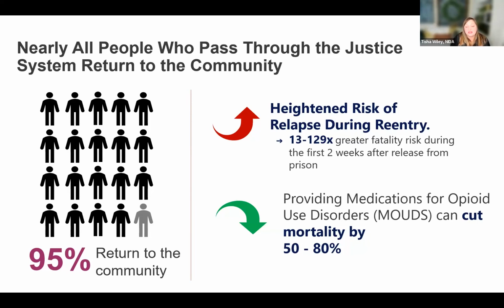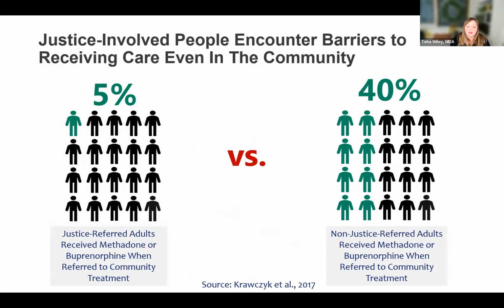And so we know this is a very vulnerable time, but we've also learned from research that we've funded in the last few years that providing medications for opioid use disorder during people's stays in jails and during this transition time can cut mortality risk quite dramatically. And one of the cornerstones of our approach in JCOIN, as I'm going to show you in just a minute,